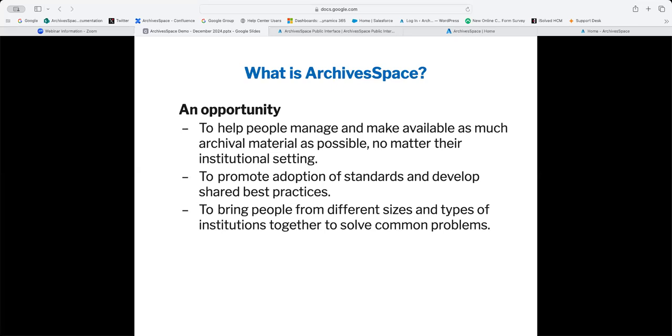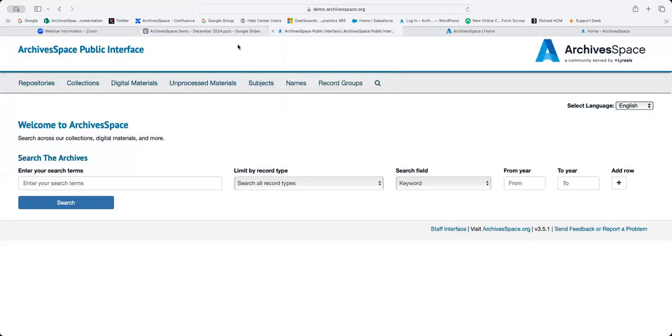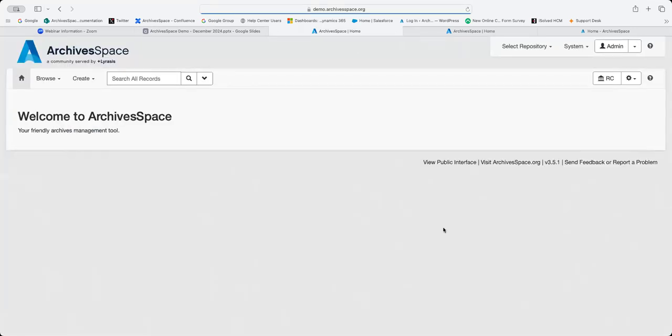So with that, I'm going to go ahead and just move over to the demo. All right, so I'm going to move away from my slides, and I'm going to move to ArchiveSpace. This is the public user interface. I'm going to start the demo in the staff user interface, though. In this demonstration, I'm going to spend most of our time exploring the ArchiveSpace staff user interface. This is where archivists and those working to describe materials will also be spending most of their time, so that makes sense. After, I will move to the ArchiveSpace public user interface to briefly show what that looks like to researchers and patrons.